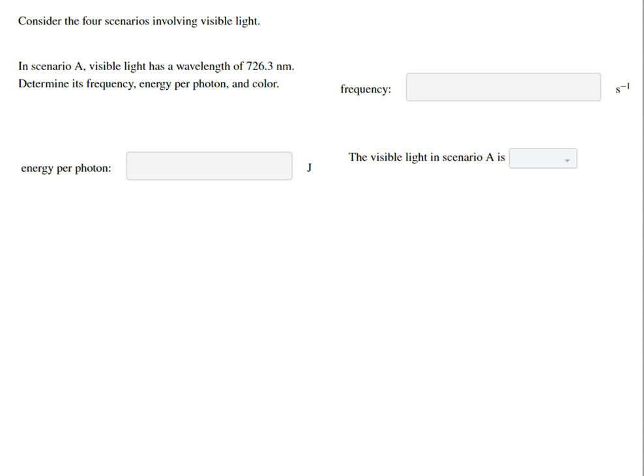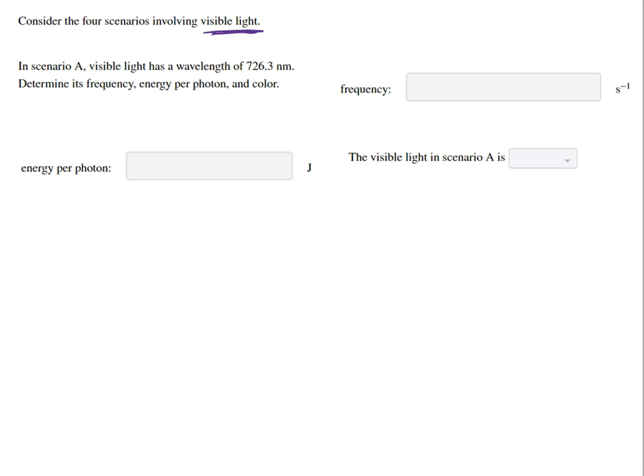I want to make sure that you're able to apply the concepts that are being discussed. So again, it says to consider the 4 scenarios involving visible light. The fact that we're dealing with visible light gives you a clue as to what type of electromagnetic radiation. Why that's important is because it gives you insight into the possible values for your wavelength as well as your